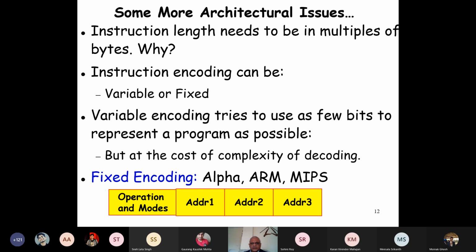The fixed encoding, which is used in modern computers, is where the size of all instructions is the same. Now, why is fixed encoding being used? What is wrong with the variable encoding? The main problem is that to read an instruction, before you can process, the processor has to fetch the instruction. But how much does it fetch? Does it fetch 2 bytes? Does it fetch 3 bytes, 4 bytes? It depends on the instruction type in a variable encoding.